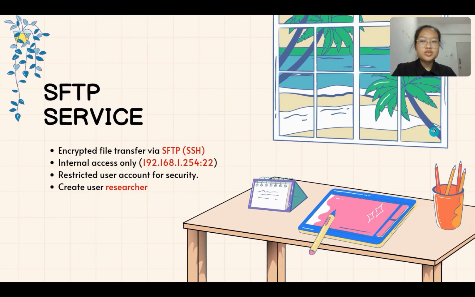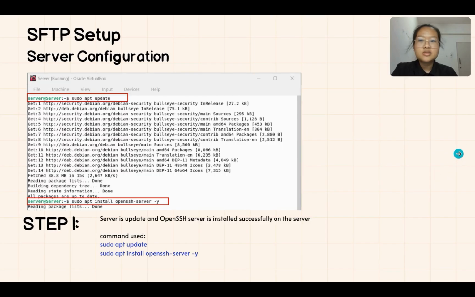Apart from that, I also want to introduce the SFTP service, which is encrypted file transfer via SSH, which is a secure shell. The internal access is only to 192.168.1.254 at port 22, and we will create a user account researcher, which will restrict the user account for security. This is our server